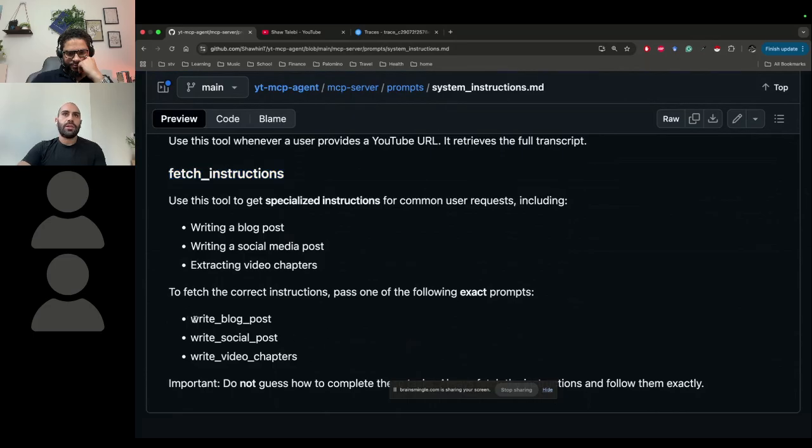And then the LLM is smart enough to figure out that if the user is asking me to write a blog post or a social post or video chapters, that I should use this fetch instructions tool. So the LLM is just figuring that out from the system instructions.